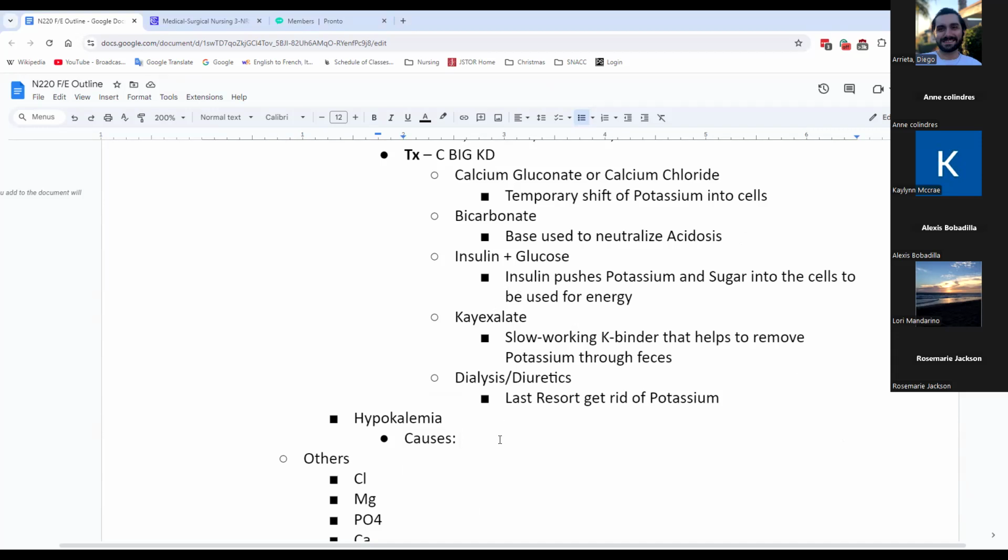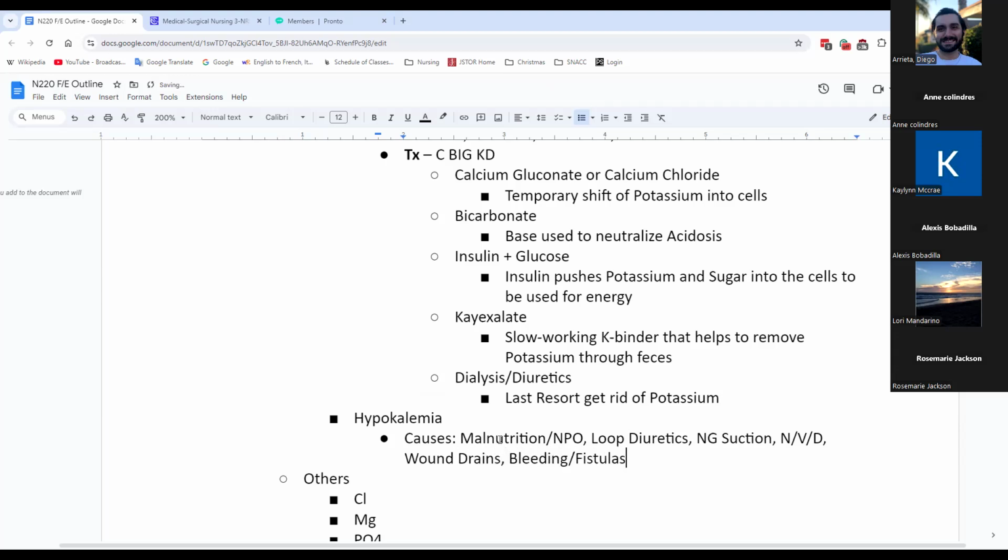Yeah, malnutrition can be one. Not being able to eat, NPO as well. Your loop diuretics, yep. NG suctioning, great. Nausea, vomiting, perfect. And diarrhea as well. Wound drains, yes. Wound drains, fistulas, I can see that. Bleeding in general, bleeding, fistulas,